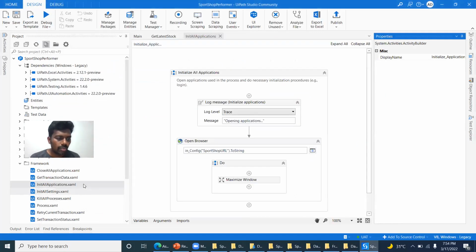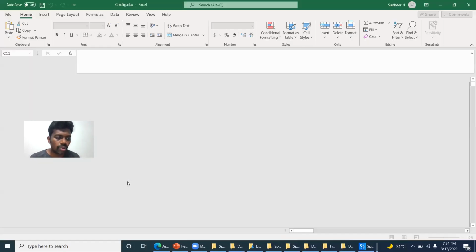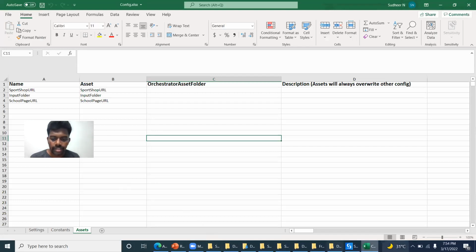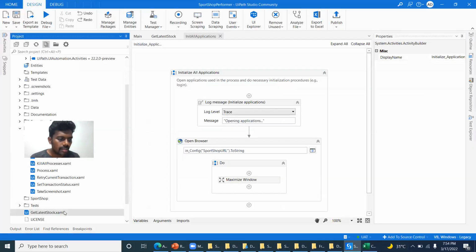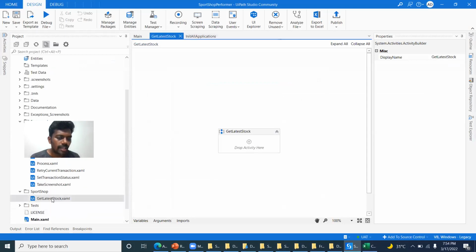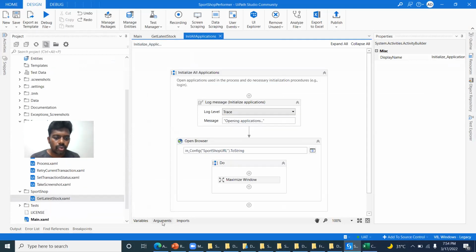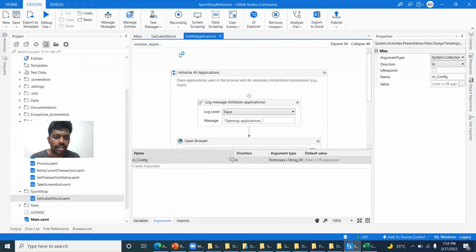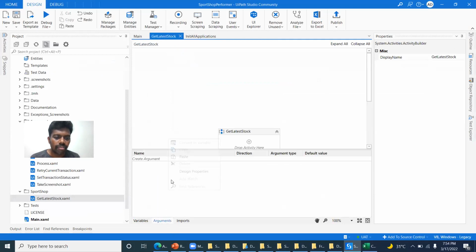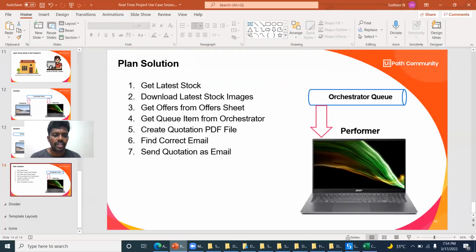Okay, now we will build the actual logic. The actual logic is here. Get latest stocks. I'm moving to the sport shop. Okay, get latest stocks. So we're using this config. That's why we are keeping the config variables while we are creating the reusable components. What are the things we need? We need the